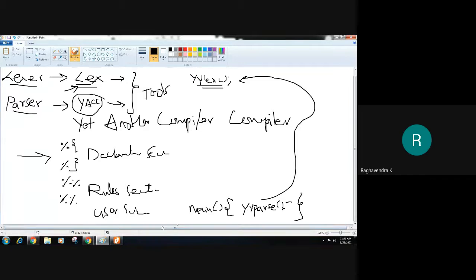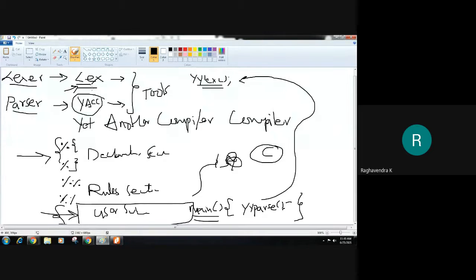Along with the main function, you can also have other functions, like one optional function we had in our laboratory session, which was yywrap. You can also define your own function. All the user subroutines or functions that you have defined here will go straight into the C file, lex.yy, that is generated. Everything from the declaration section and the user subroutine section will be copied as it is into the C program that will be generated by our lex and yacc.